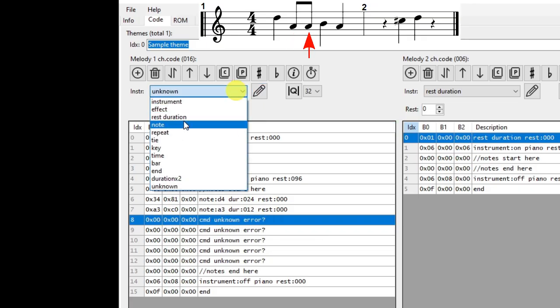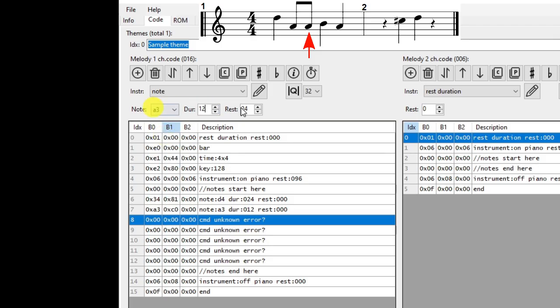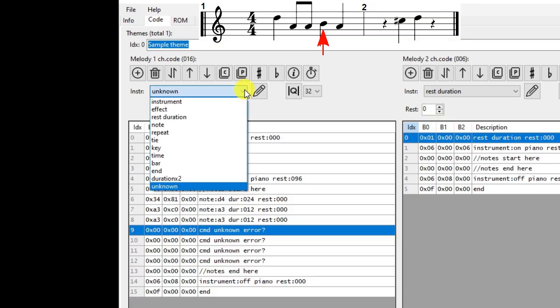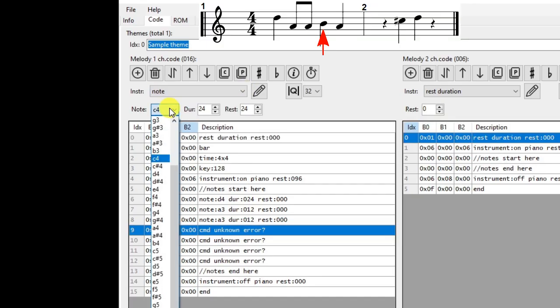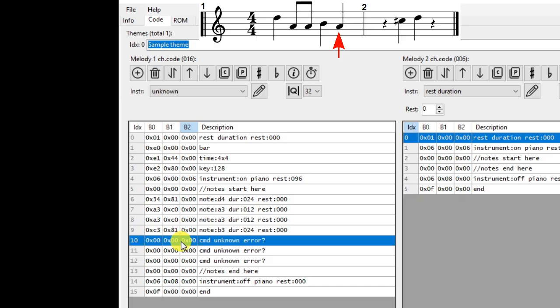another quaver or 8th note, A, a crotchet or quarter note, B, a crotchet or quarter note, A,